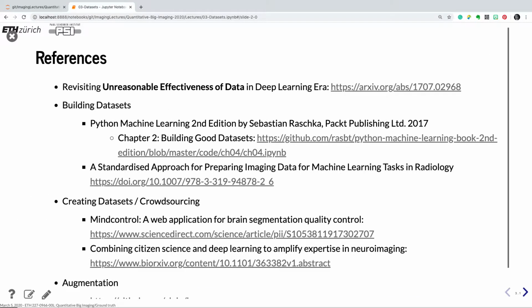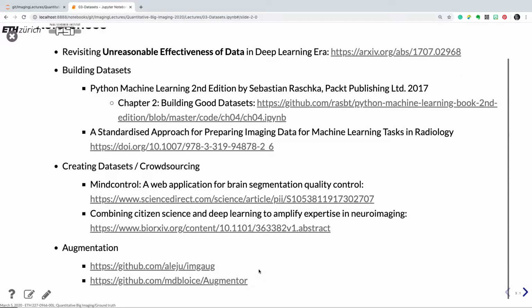So there is, of course, a bunch of good material that you can read. I hope the links here now are okay. I checked them earlier this week, so they should be okay now. There was one or two that were going the wrong way or not downloadable, so I hope everything is okay now. Those are actually not references, but more about software packages to do augmentation.